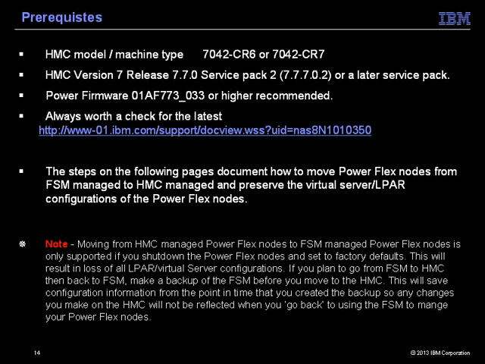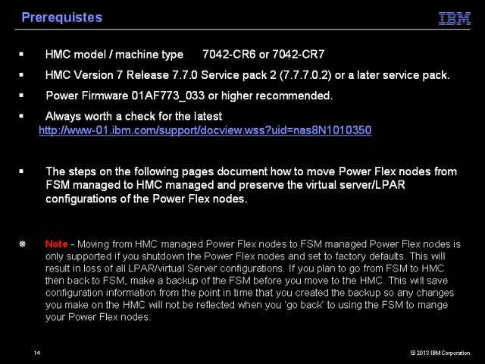And then we're going to go through these steps to move from an FSM managed environment to an HMC managed environment. And the whole idea here is that we're going to preserve everything on that node. So we're going to keep the LPARs. They're going to change their management consoles, so they're no longer going to know about the FSM. They're no longer going to be able to use things like VM Control. But the LPARs will still be there. They'll still be active and running on the destination side when we get to our HMC managed environment.